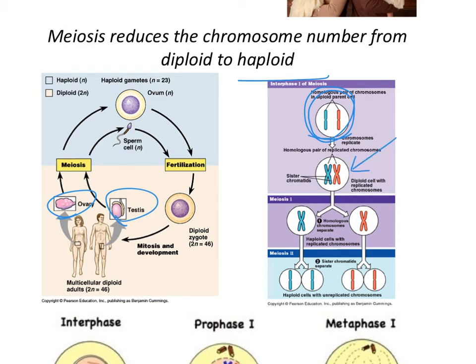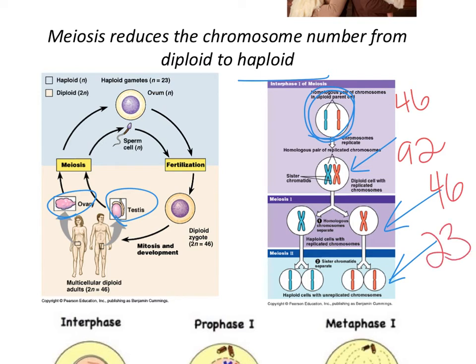So, yes, interphase is still going to happen, and photocopying, replicating DNA will occur. And then there are 2 divisions. So if you think about a human cell, it would contain 46 chromosomes, and it would get replicated to 92. That number gets split in half twice, creating egg and sperm that contain half the amount of DNA as the